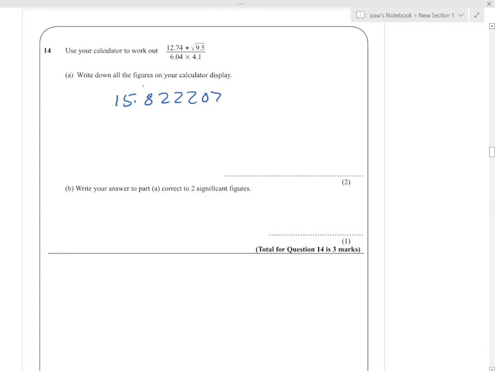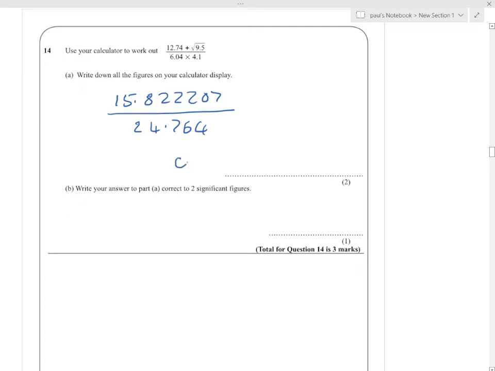15.822207 is on the top, and 6.04 times 4.1, yep, that is 24.764. Right, now I'm going to have that number. 15.822207 divided by the previous answer is,